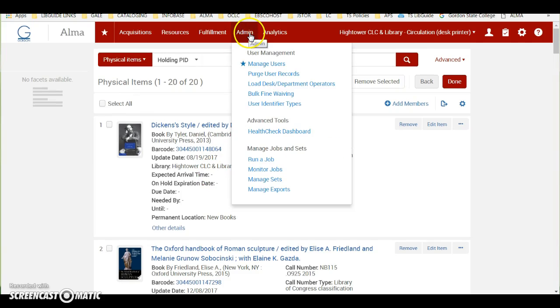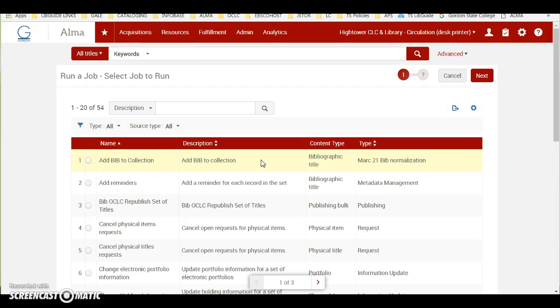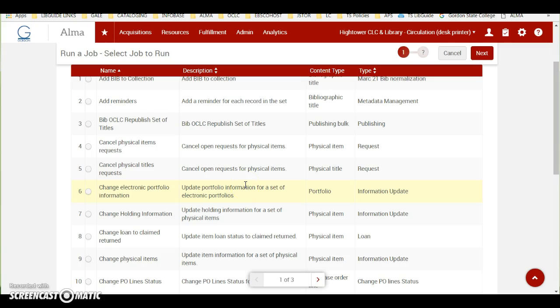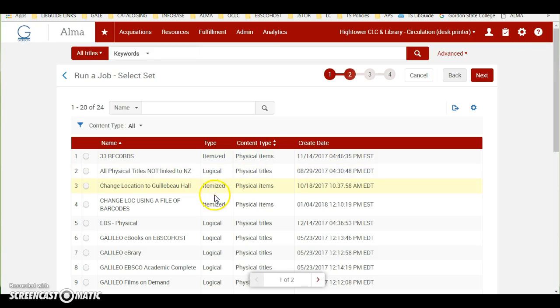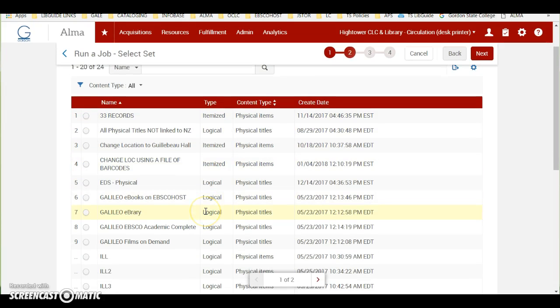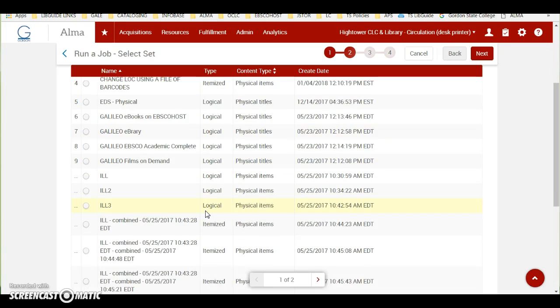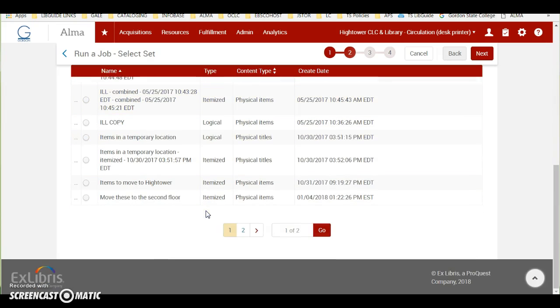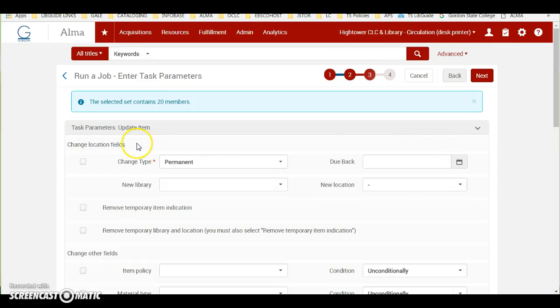So what we're going to do is go to Admin and go to Run a Job. And we're going to do the same job that we did before, which is the Change Physical Items job. So on the Select Job to Run page, you select Change Physical Items, click Next, and then we're going to select our set that we just created, which I think I called Move These to Second Floor was the name of the set. We're going to click on Next, and